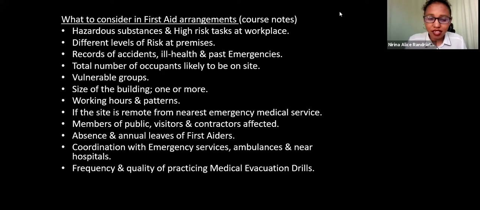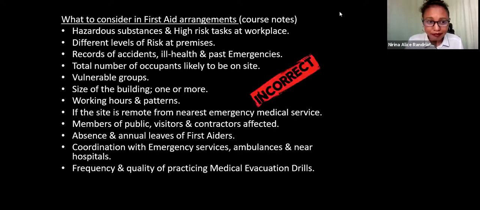Well, some of this will be okay, but the question says you have to support your answer using information from the scenario where it's relevant. So instead of just doing a copy paste, because if your answer is just like this, you will not get the mark. You need to tailor it to the question. So how will it look? For example, if you say hazardous substance, then you need to tailor it to the scenario. Were there any hazardous substances in the scenario? Did it mention anything about that? What about the risk task? What can I say about this?